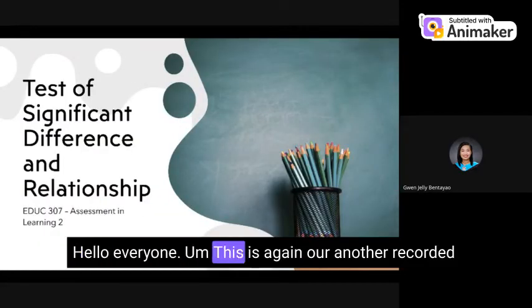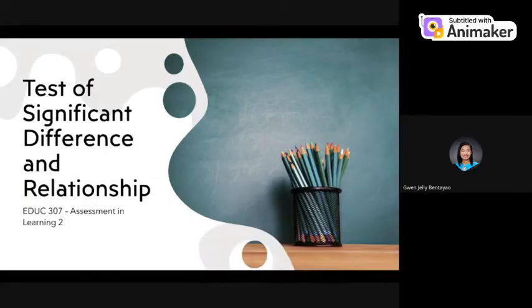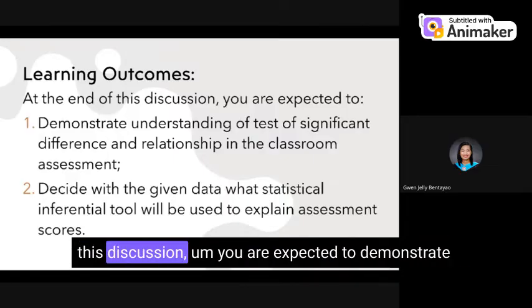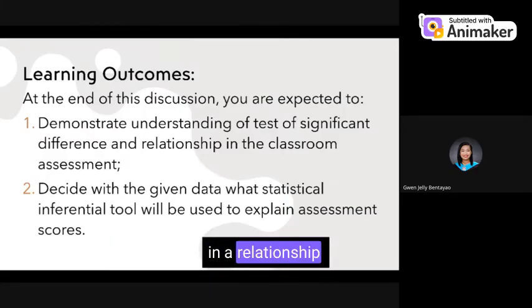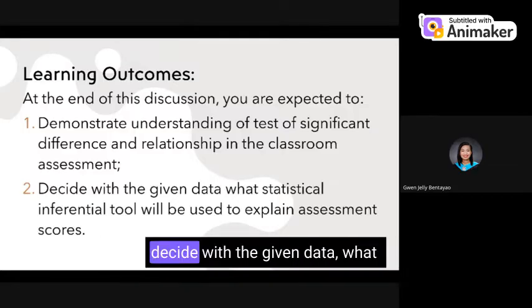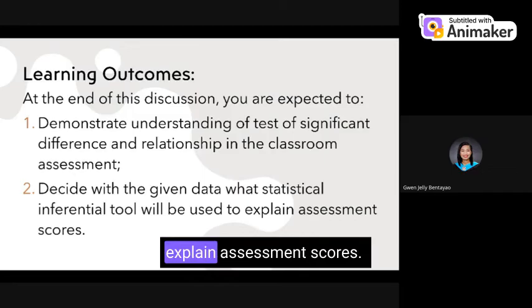Hello, everyone. This is again another recorded discussion on the test of significant difference and relationship. These are our learning outcomes at the end of this discussion. You are expected to demonstrate understanding of the test of significant difference and relationship using classroom assessment scores, and decide with the given data what statistical and inferential tool will be used to explain